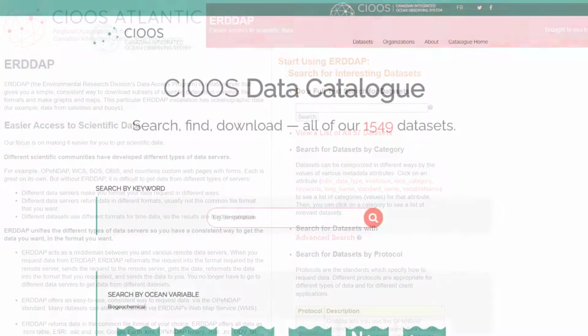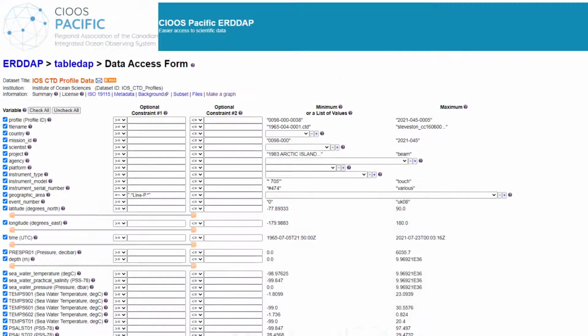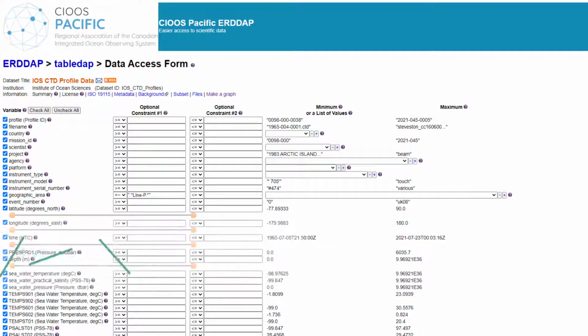that you don't. In this video, we're assuming that you have already selected a dataset of interest from the SeaUse data catalog and have found your way to the ERDAP record. This ERDAP interface is SeaUse specific, but different data sources may have different branding. For today's example, we're going to look at the ERDAP record for CTD data collected along Line P off Canada's west coast into the Northeast Pacific.